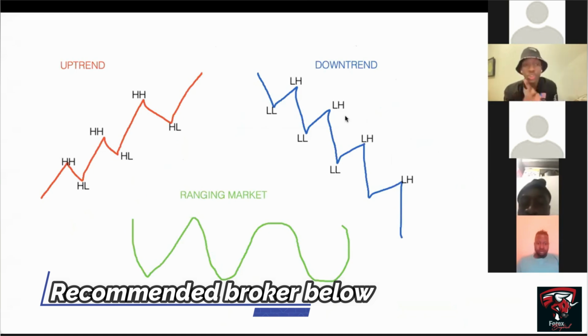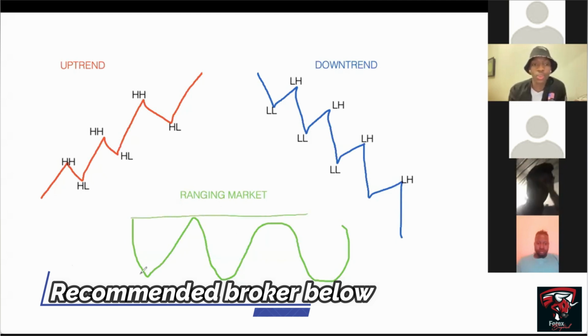So guys, the market moves in three trends. An uptrend, which is this one here. In an uptrend, we usually look for buys. In a downtrend, we look for sells. And in ranging markets, it depends on if the market is at a high or at a low, right? But to break it down,